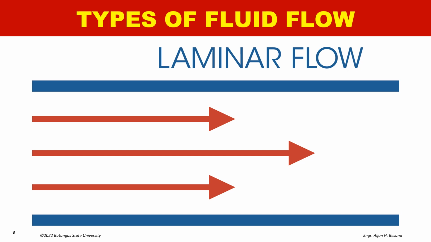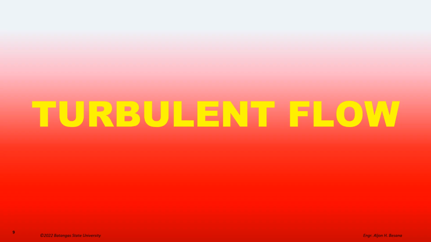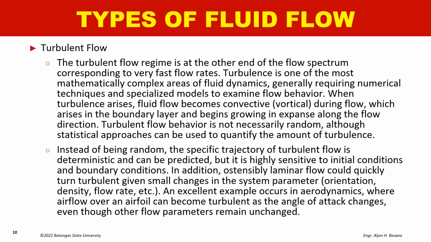So laminar flow is also related to steady and parallel flow. Laminar flow is only affected by gravity and the force pushing the fluid to flow, with no changes in velocity, or the flow is constant, or the flow is calm. While the turbulent flow regime is the other end of the flow spectrum, corresponding to very